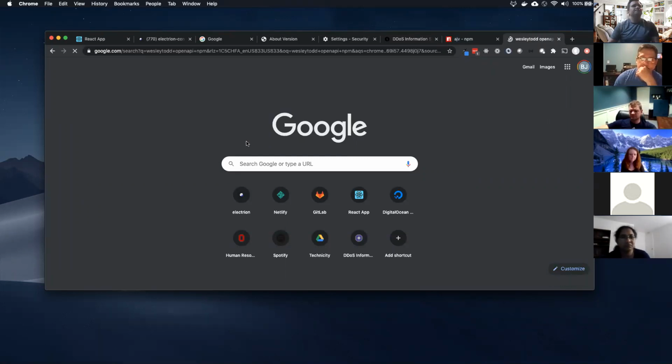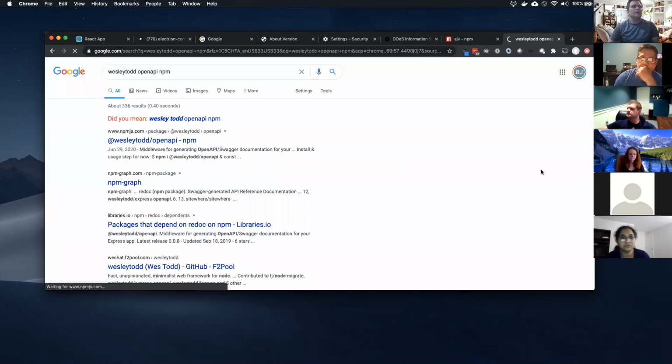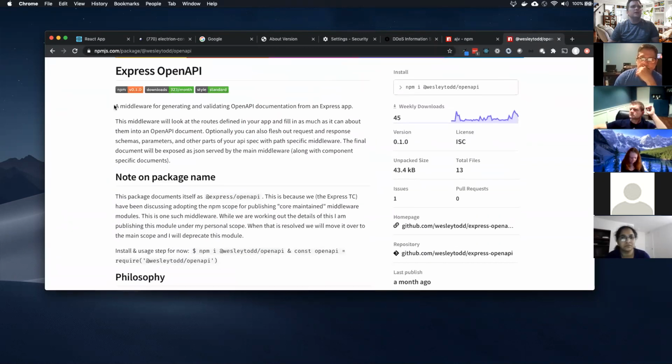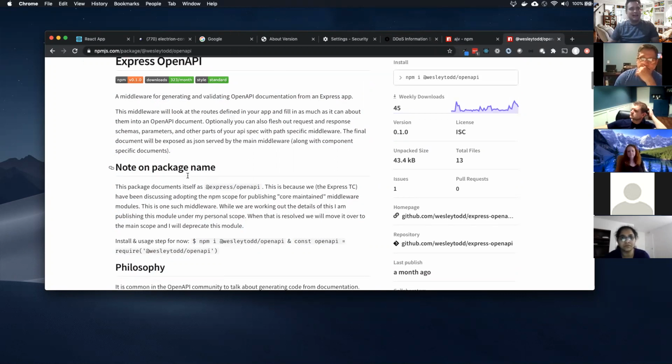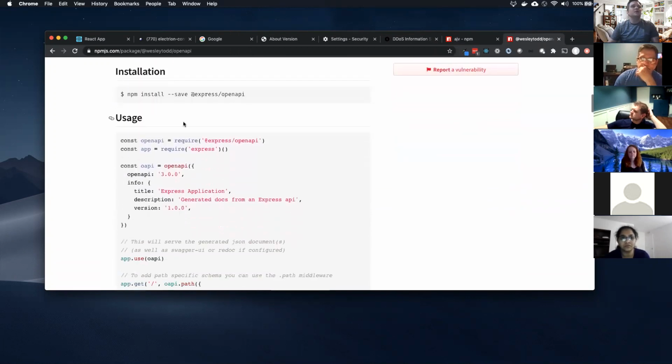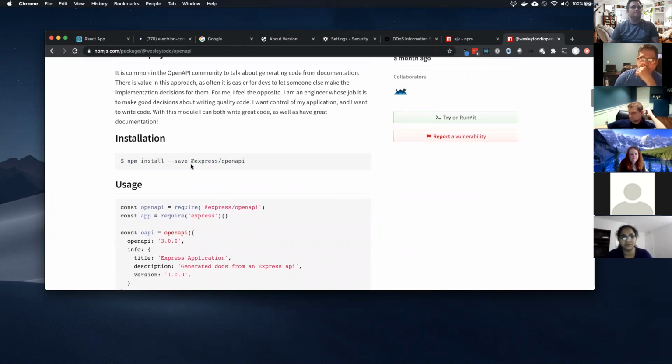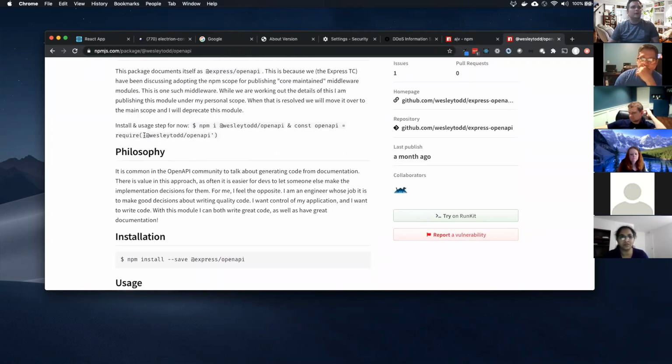OpenAPI npm. Here it is. And you can see it's a middleware for generating and validating OpenAPI documentation from an Express app. It's exactly what we want, right? Typically, if there's something you want, just search for it. It probably exists. That is exactly what we want. And so we basically need to add this library to our